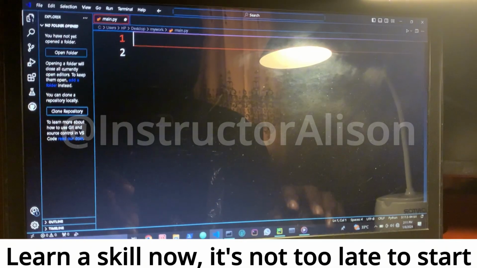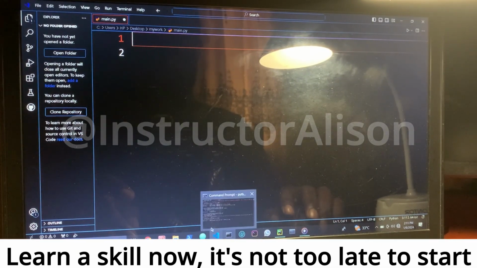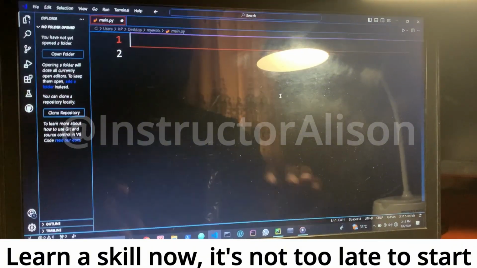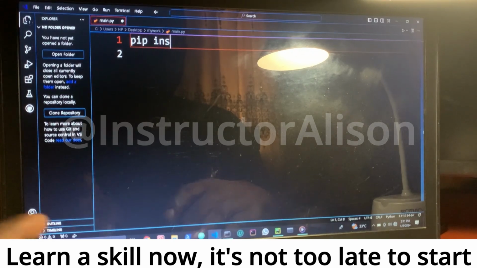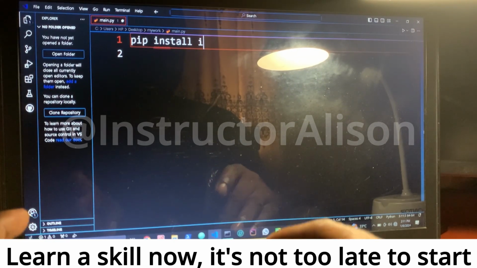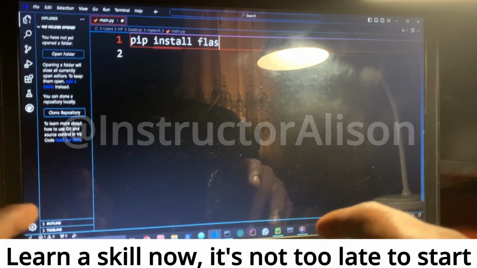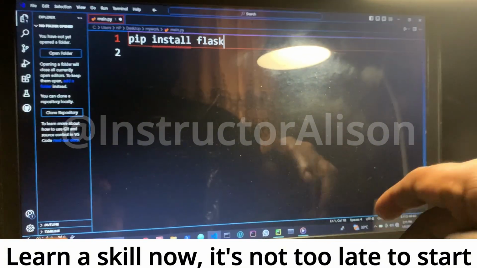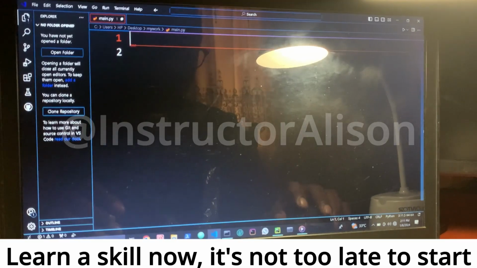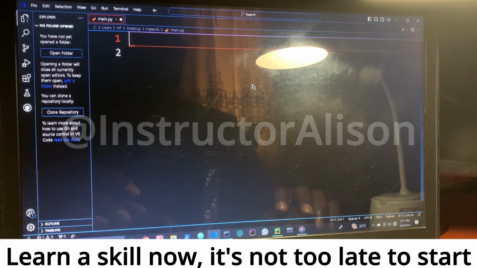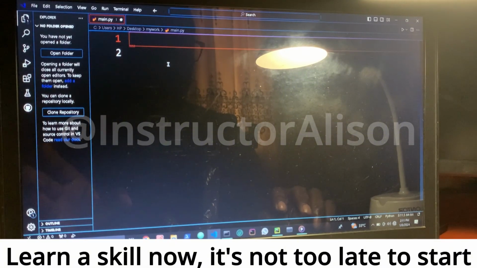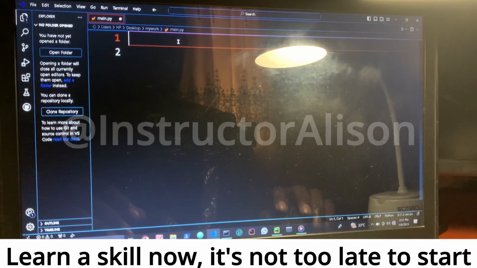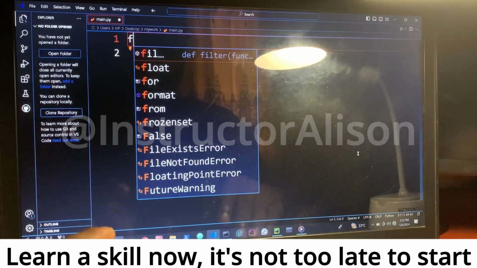Already by now you would have visited your command prompt and used pip, something like this: pip install Flask. By now you would have installed Flask on your command prompt. So when you're done with this, you head over to any of your desired IDE. In this case I'm using VS Code. You can use PyCharm, Atom, or Sublime Text as the case may be. So the first thing I'm going to do here is to import Flask, and this is the code